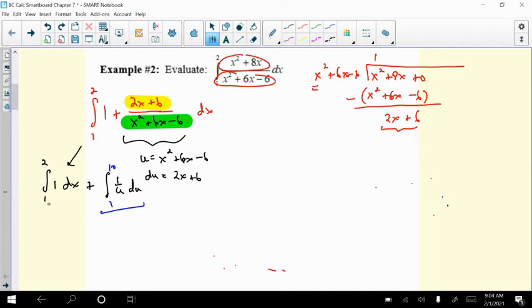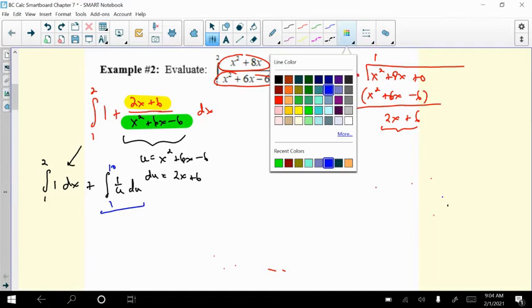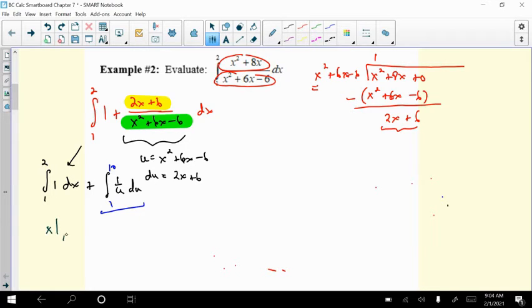So then I don't even have to go back, and this integral here can just stay in terms of u. So the antiderivative over here is just x when evaluated from 1 to 2, plus natural log of the absolute value of u when we evaluate from 1 to 10. So this just becomes 2 minus 1 plus natural log of 10 minus natural log of 1. And notice I didn't need the absolute value anymore because those numbers are already positive. Natural log of 1 is 0, 2 minus 1 is 1,